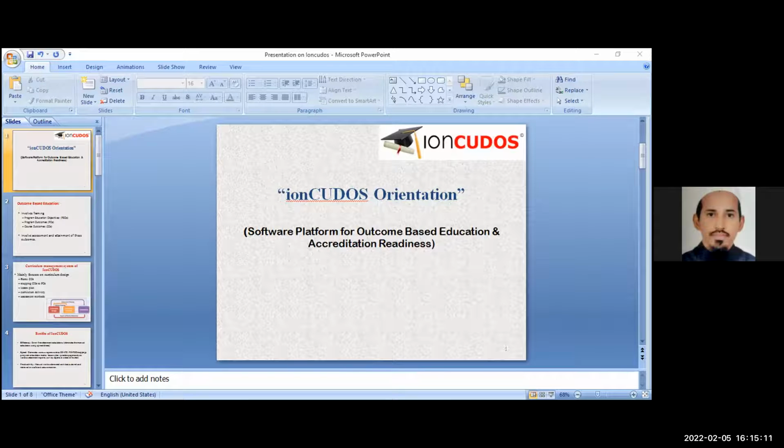Secondly, we have program outcomes, which are almost 11 or 12. In engineering, it is slightly different. In pharmacy, it is 11. So at the end of the B.Pharm course, one has to achieve these program outcomes. Then we have course outcomes. In each course, there are certain outcomes. Now the advantage here is we have to assess. Now the process is we have to assess it.